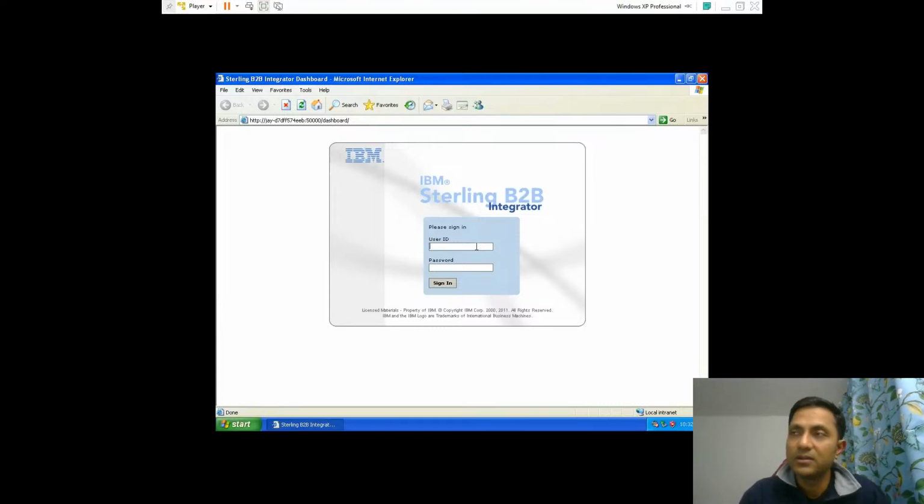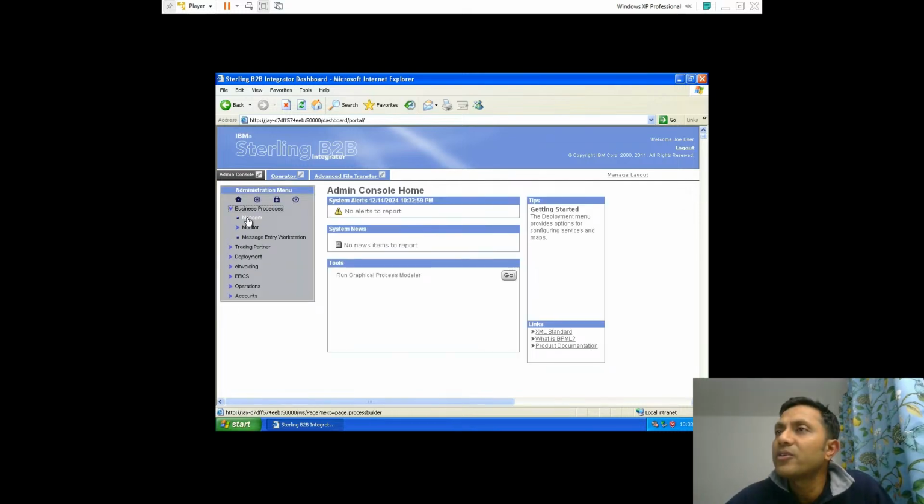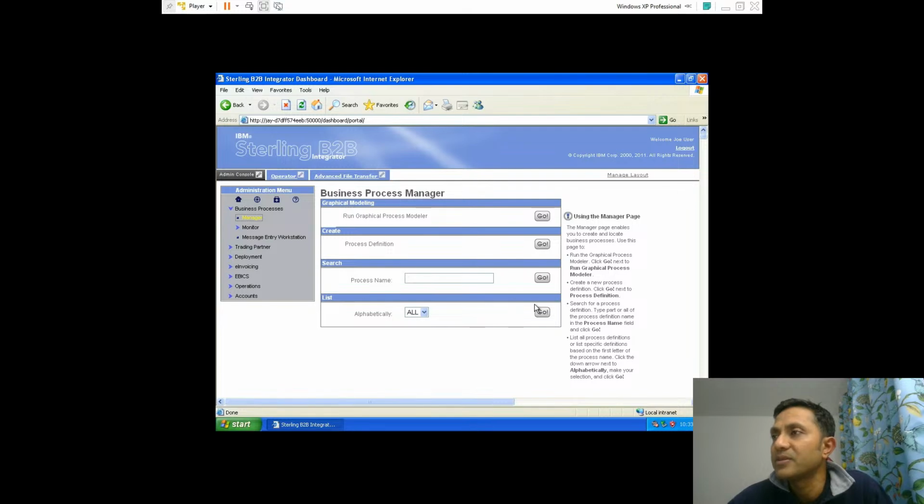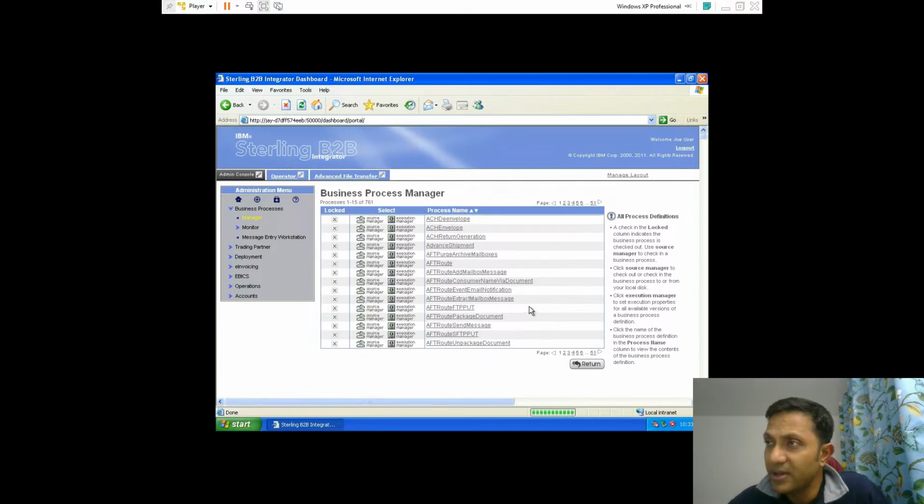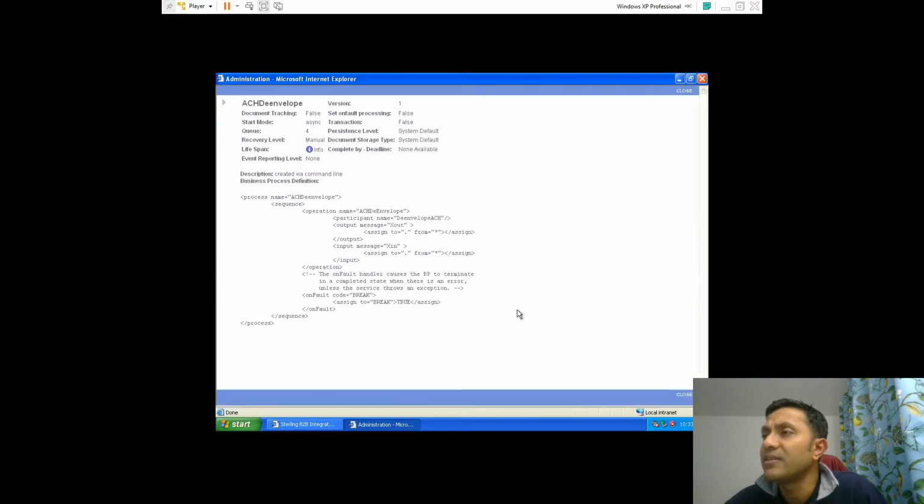So let me log in to my Sterling Integrator. Once we log in, if you go to Manager under Business Process and click Go and list all the business processes that you have, and then click any of the business processes to understand which persistence level it has,